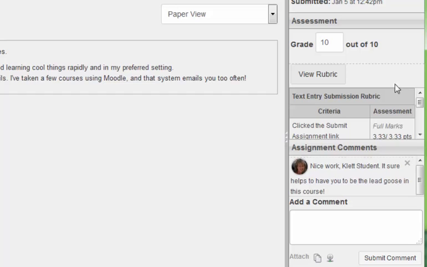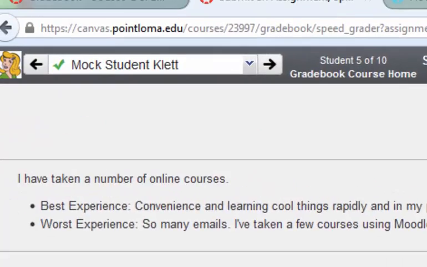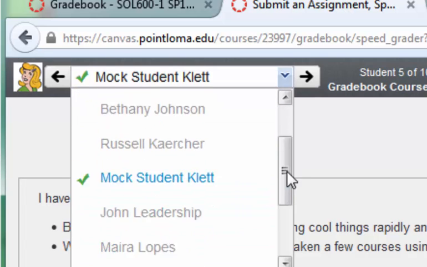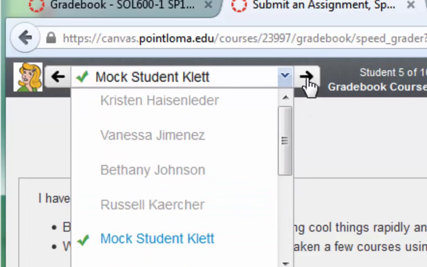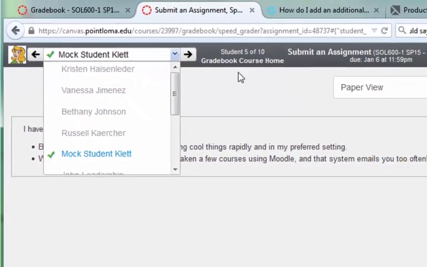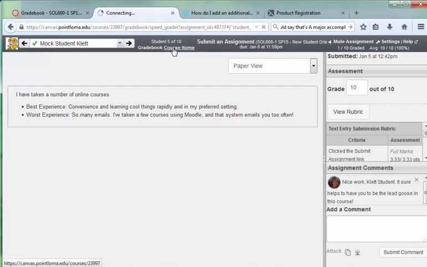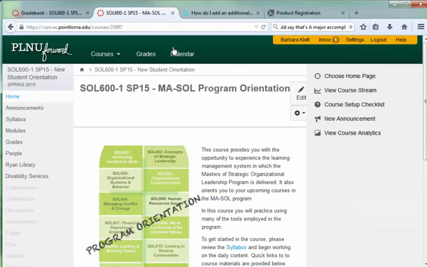Once I click save, the score updates itself, and I can add more comments I want and submit comments as I like. If I click this link, I could go to see if any other students have completed that assignment, and they haven't. So I'll go back to the course home by clicking course home in the navigation, and I'm